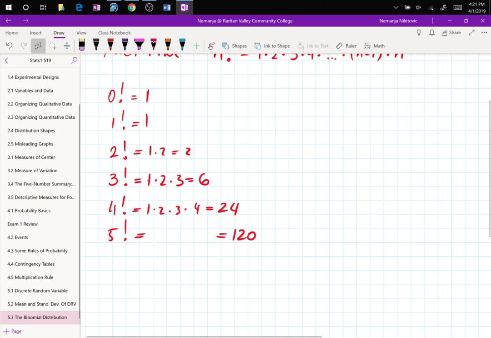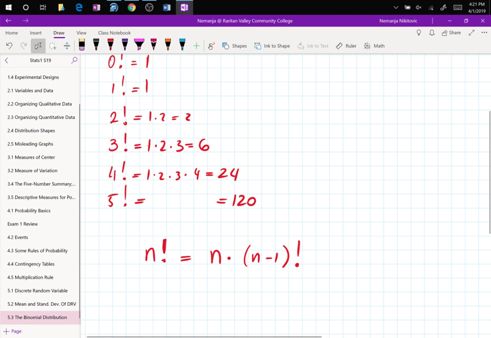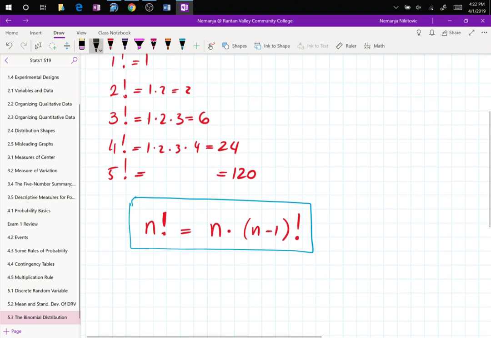Now, a very useful formula is to understand that n factorial can also be written as n times n minus 1 factorial. This is a useful formula, and you don't have to break it at 1, you can break it at any other value as well, which is actually what we're going to use. To give you an example,